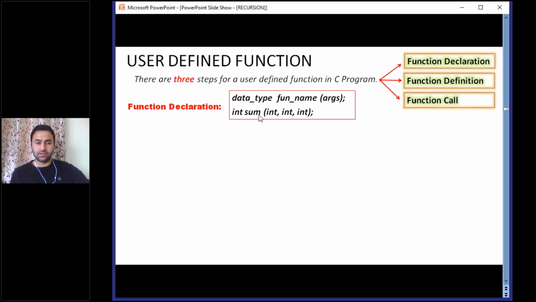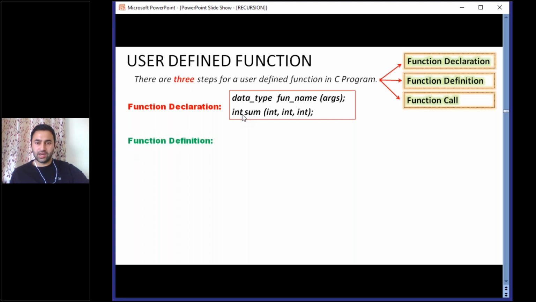For example, in this function declaration, sum is the function name. It will work upon these three inputs, and all three inputs are of type integer. After calculating the sum of these integers, it will return a value that is also of type integer. So that is its return type, int. See, these are three components: these are input, this is output, and after computation it will produce this int.